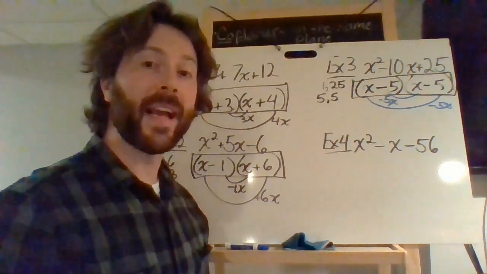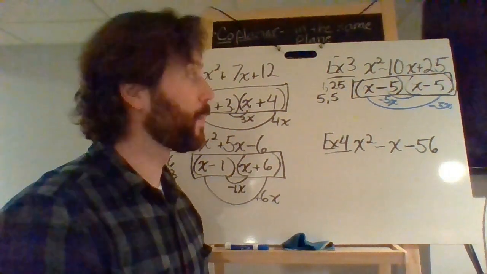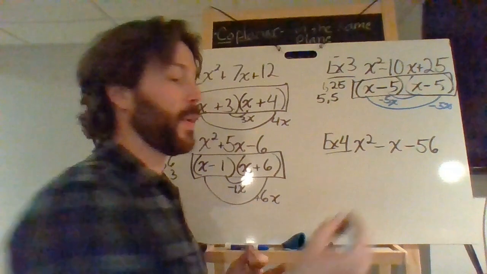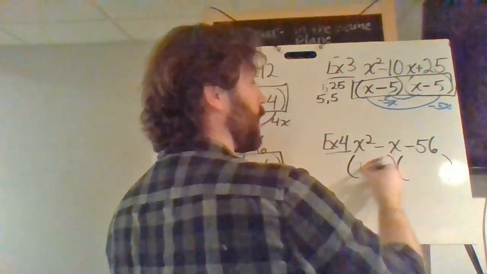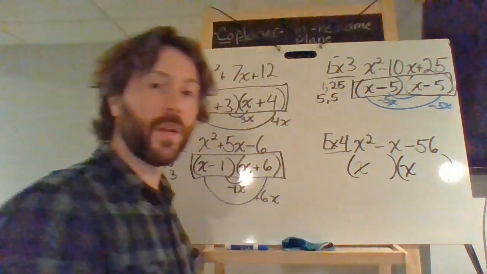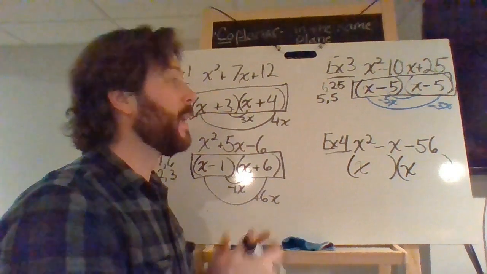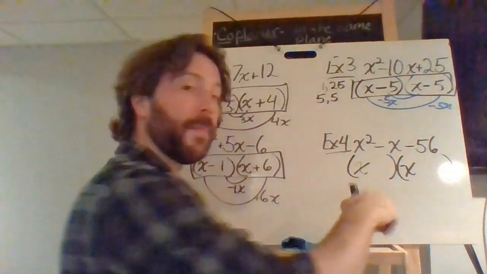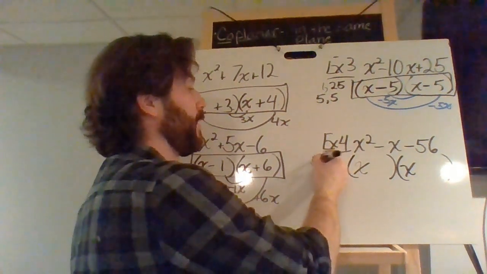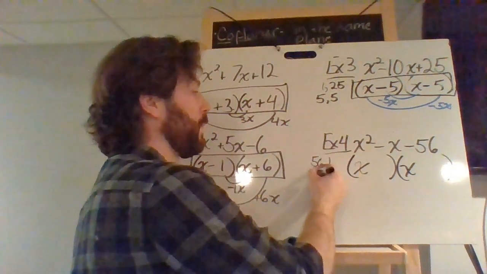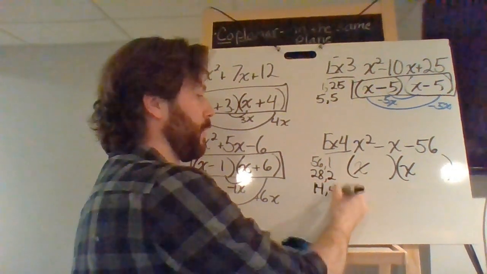Okay, so let's take a look at the next one. We have x squared minus x minus 56. So the first thing that we know is we're going to have two sets of parentheses, and they're going to start with x and x. We know that those first terms need to multiply together to give me that x squared. Next up, I look at that c term, and I know that I have to use numbers that multiply to give me 56. So I've got 56 and 1, 28 and 2, 14 and 4,